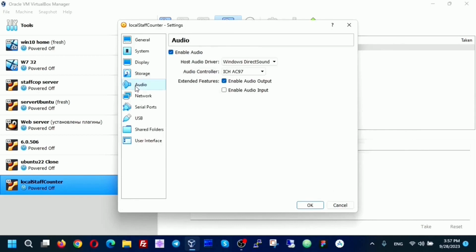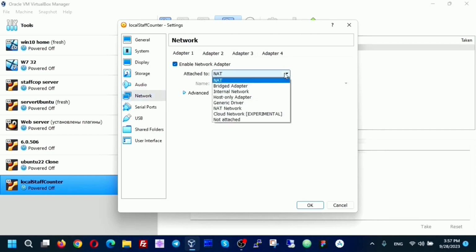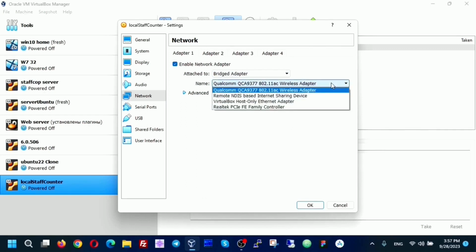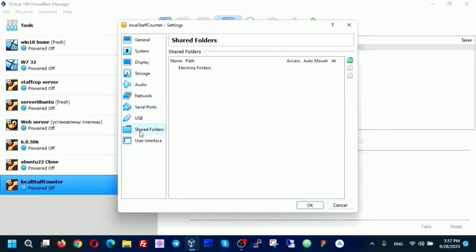Next, we don't need audio, and in the network section we need to configure the network adapter. We choose Bridged adapter and select the network card that we have on our computer. In my case, I have a Qualcomm Wi-Fi adapter. You can choose another one that is on your computer. Other settings we don't need to change.